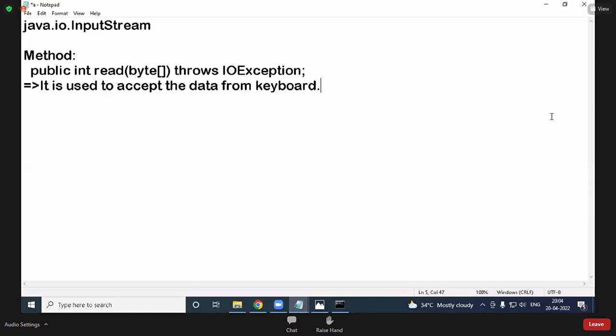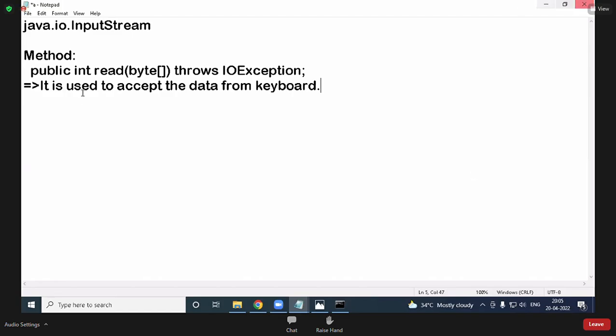IOException is a checked exception or unchecked exception? Checked exception. Is it mandatory to handle? Yes. If you don't handle, what will happen? Compile time error occurs. It is not possible otherwise, no. Exception handling is there, no. It is compulsory to handle. That's why, these many classes you didn't learn. Okay. Later one more Scanner class was introduced to make it simple, but that is also based on this only.